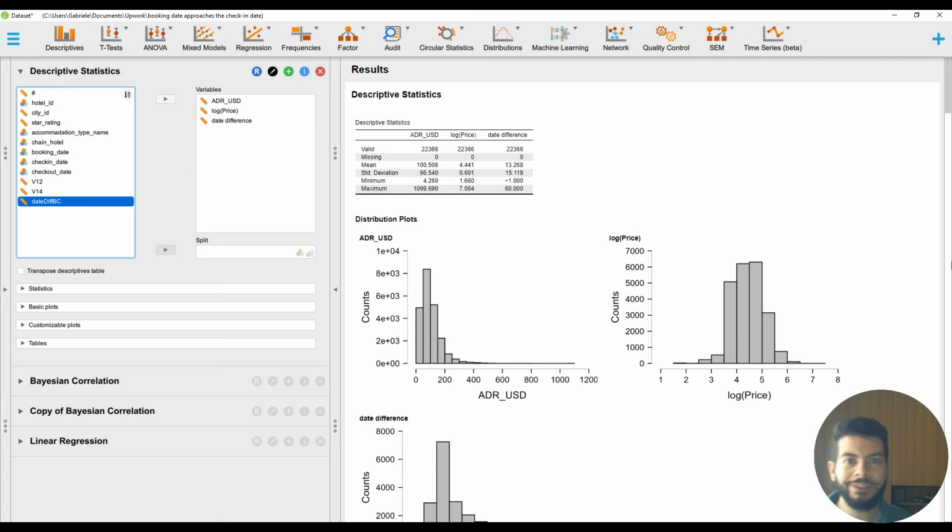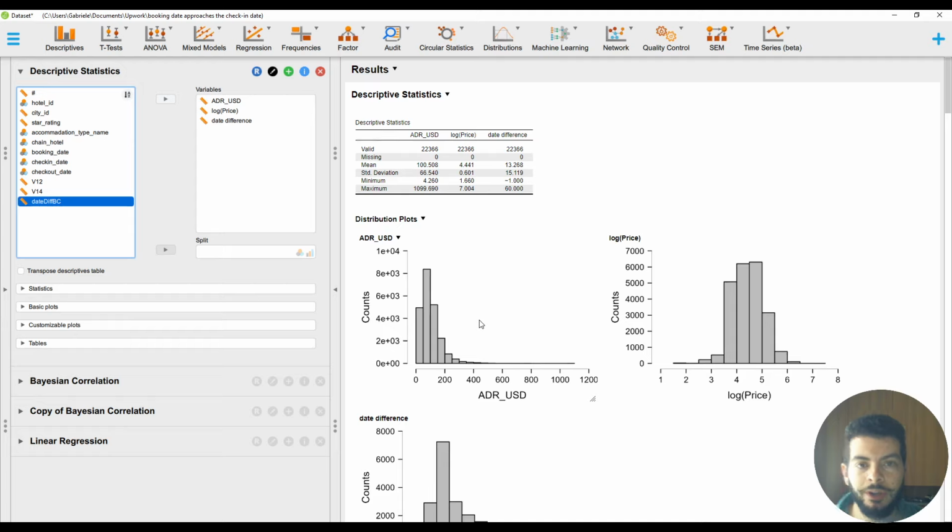I performed the analysis on JASP, a free statistical software that uses R to perform various functions. First of all, I did descriptive statistics of our variables. You see that we have over 20,000 rows, and as you can see, the price originally has a non-normal distribution with a very pronounced left symmetry,